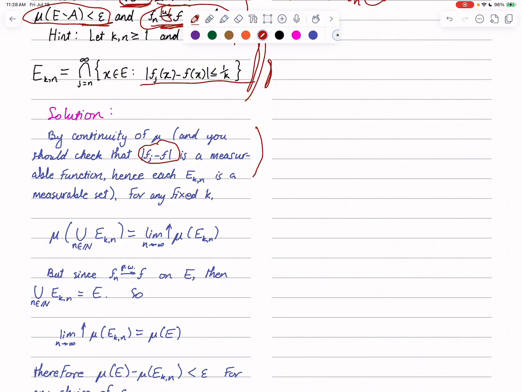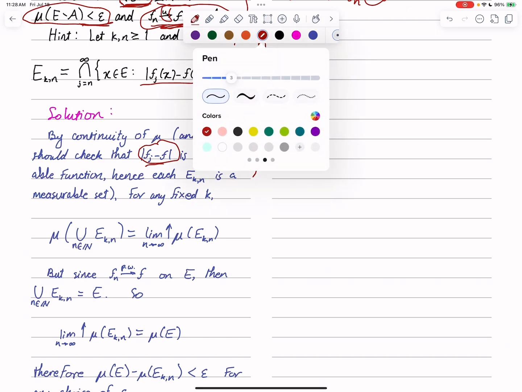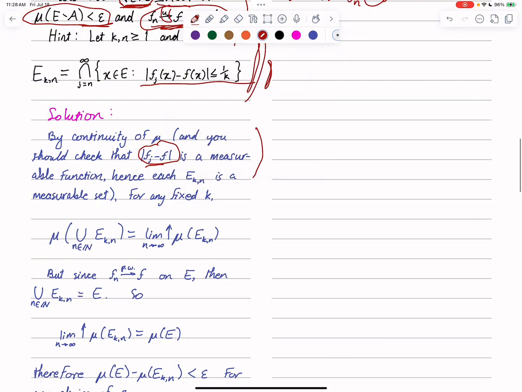And given what we've talked about already, of course, the difference is measurable. So then you just want to make sure that you understand that taking the absolute value of a measurable function is also a measurable function. But I'll leave that argument to the viewer. So anyway, we have from that quick argument that each set in the intersection is a measurable set, and therefore we have confirmed all the conditions needed to apply continuity of measure.